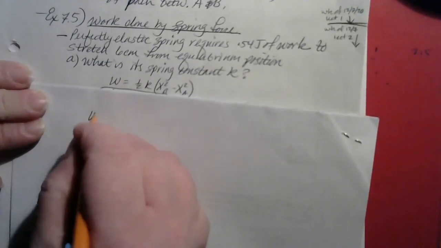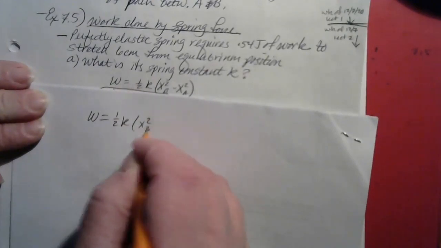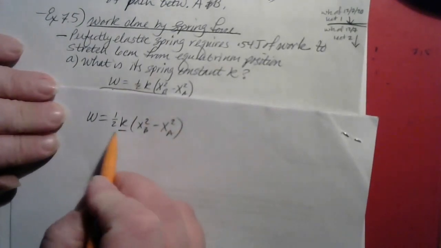I didn't have it step by step in this example here, but if work is 1/2 k times x_b squared minus x_a squared, and what we want is k, then basically we have to get k alone on the right-hand side of the